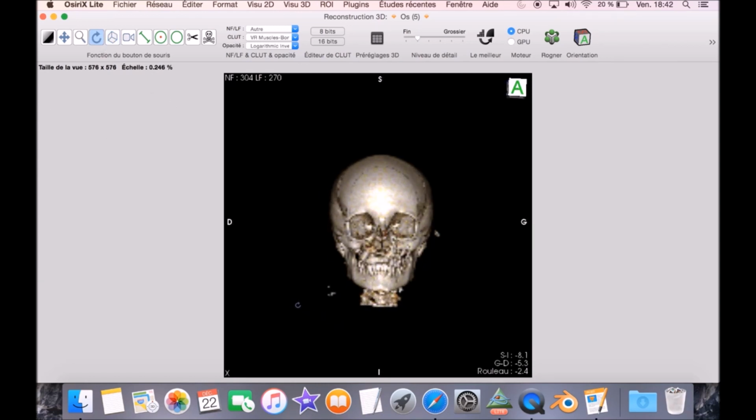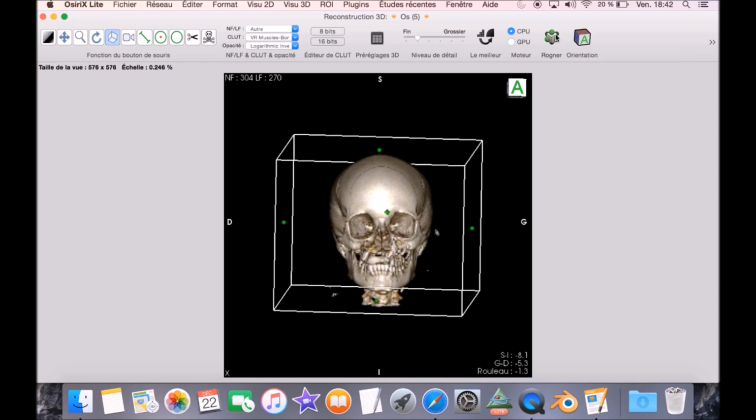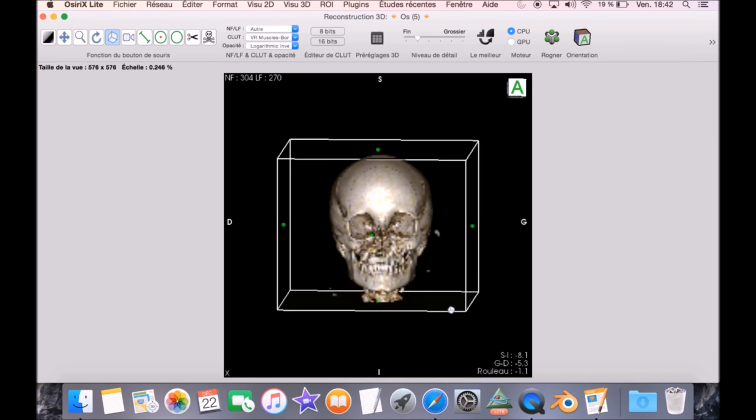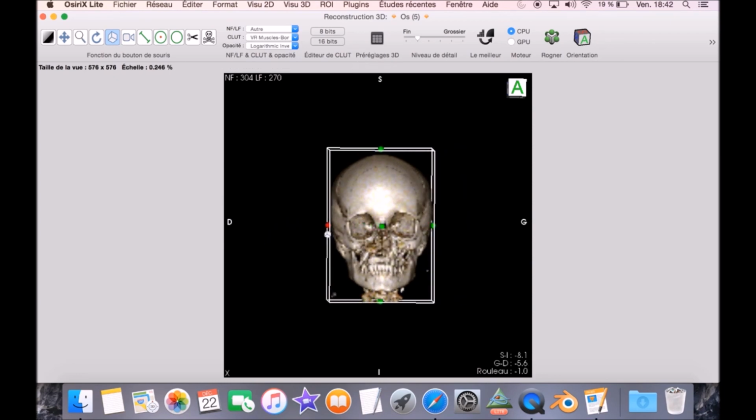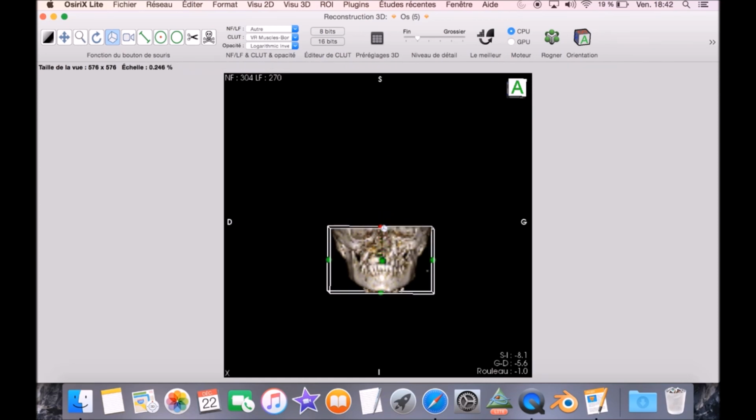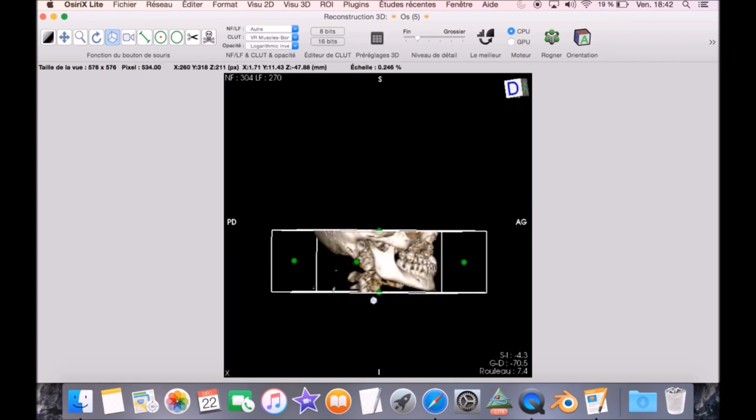You have a nice tool to orient your skull really well. Basically, I use this tool to crop your object, and with the box it's extremely easy and fast, and you crop everything you want. For example, here I want to extract the jaws, so I will just keep the infraorbital rim just for orientation